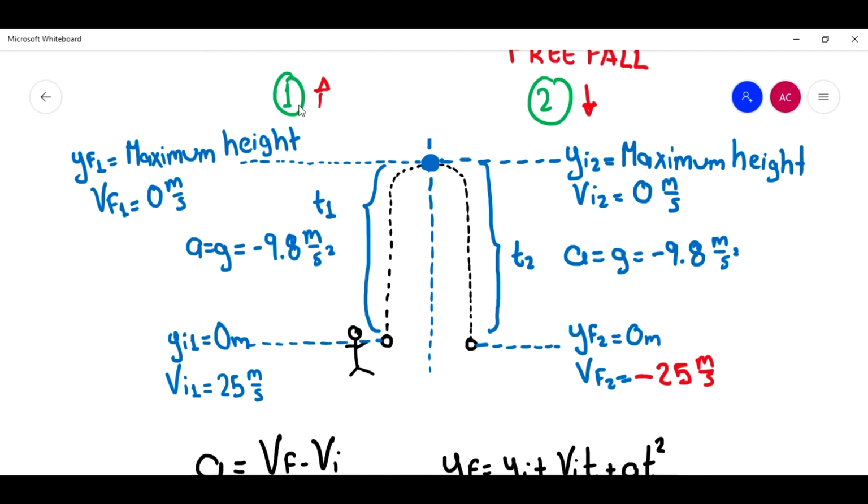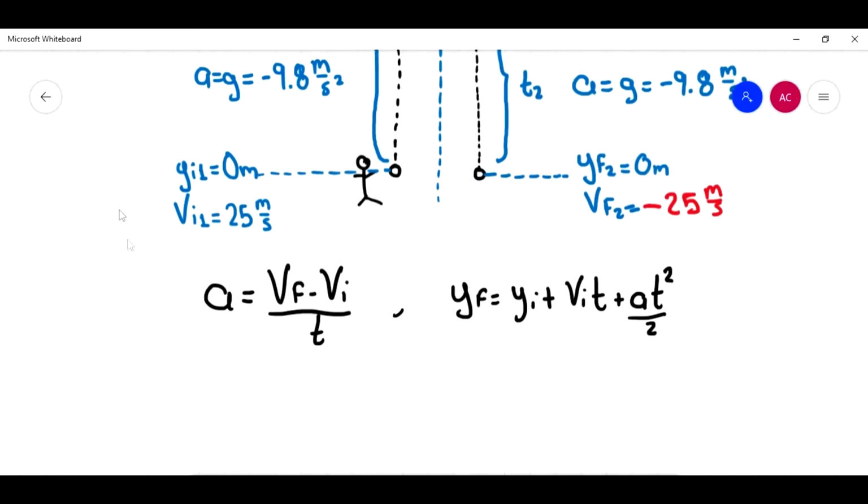Why? Because I want. As I said, I'm going to say it again: you can choose any segment that you want. So I'm going to choose segment number 1,